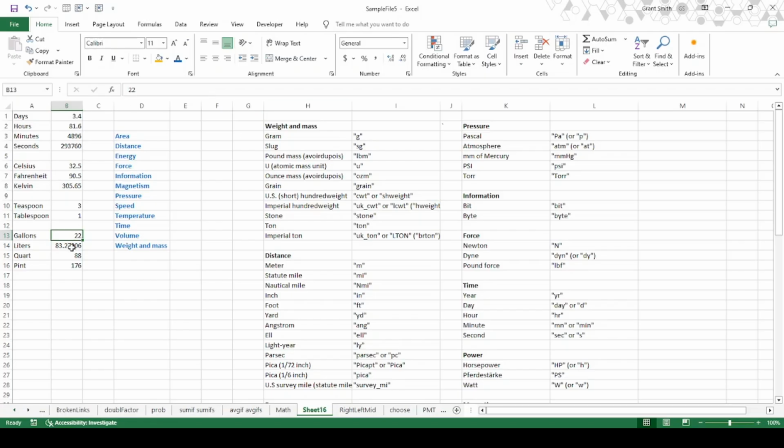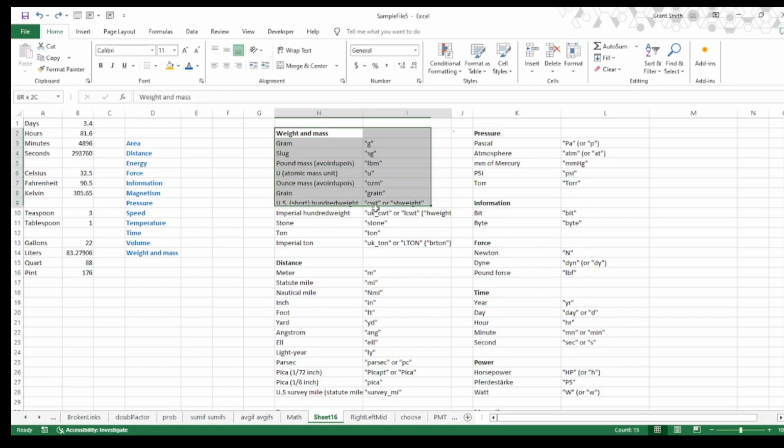And then here I've got gallons, and the reason I'm showing this, got gallons to liters, and then liters to quarts. Again, I could go straight off gallons, but this is a US quart, and then this is a US pint. So if I was to change this to UK pint,